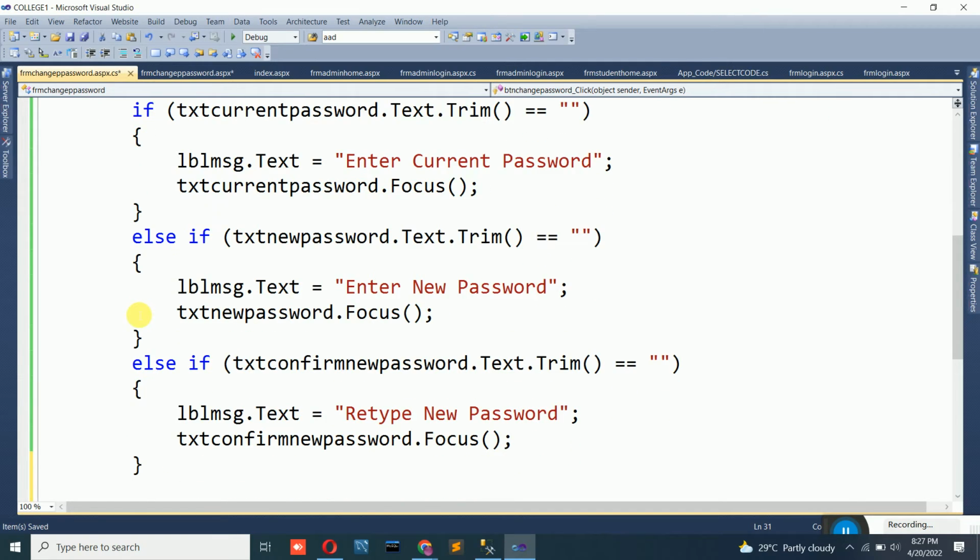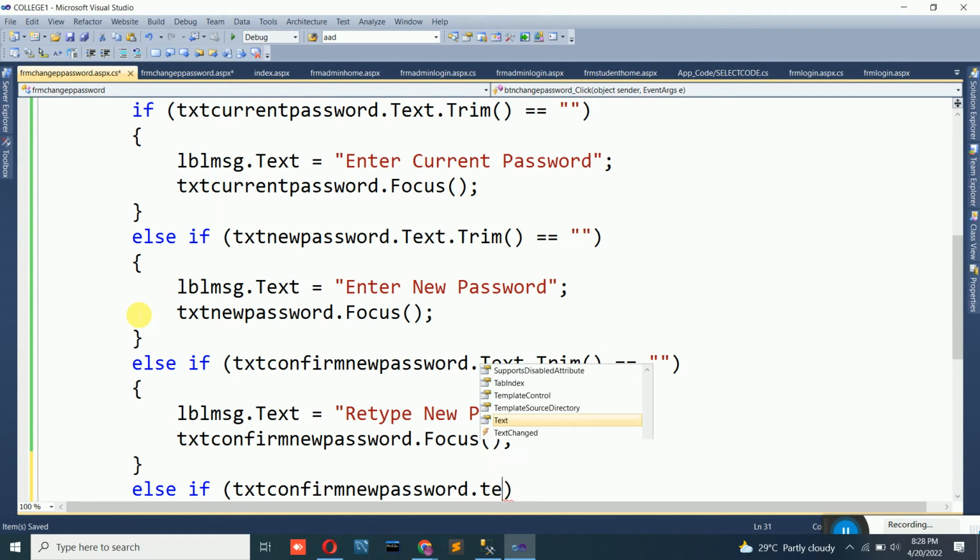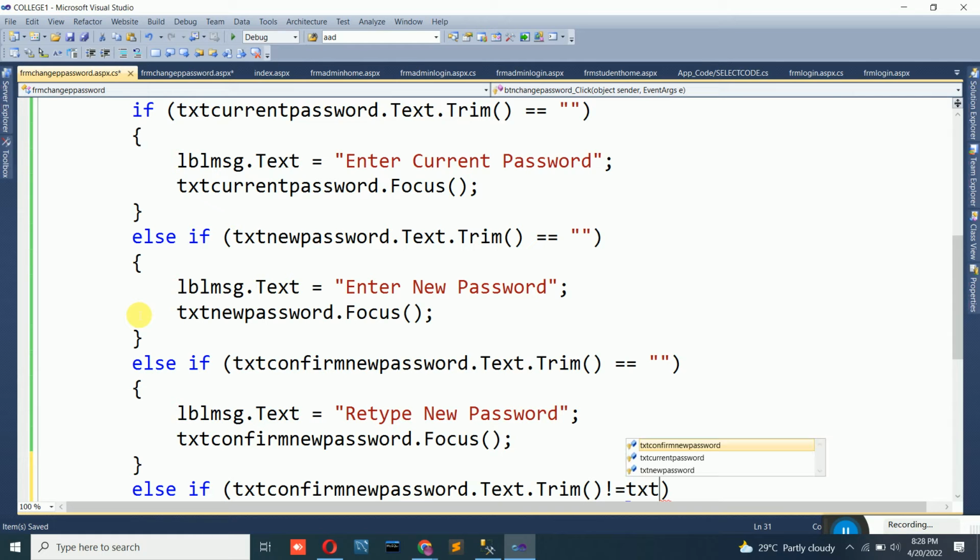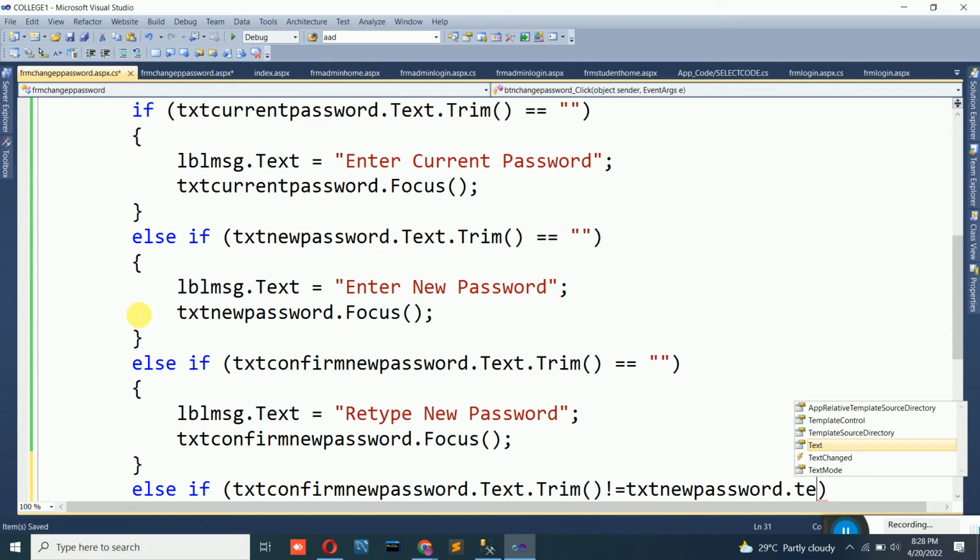Now one more very important condition that you have to check is, new password and confirm new password both must be same, otherwise I cannot allow him to submit in this case. So one more condition we will check here is txt confirm new password dot text dot trim. If it is not equal to txt new password dot text dot trim,